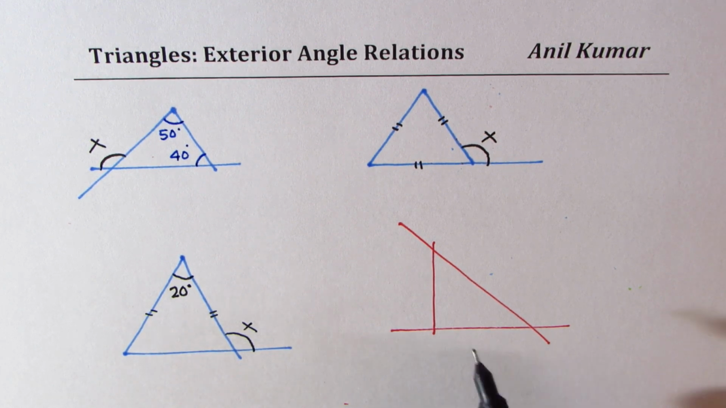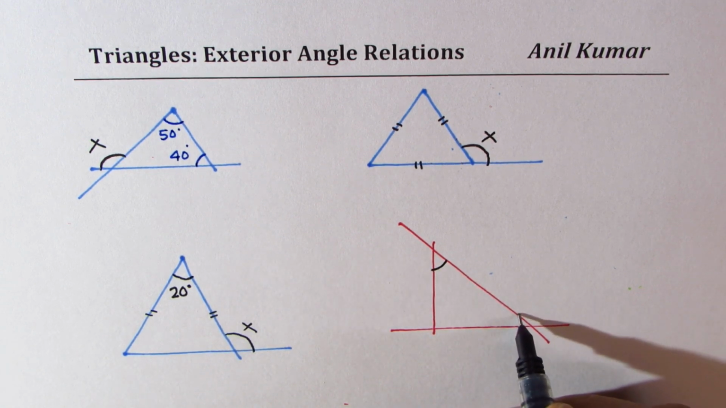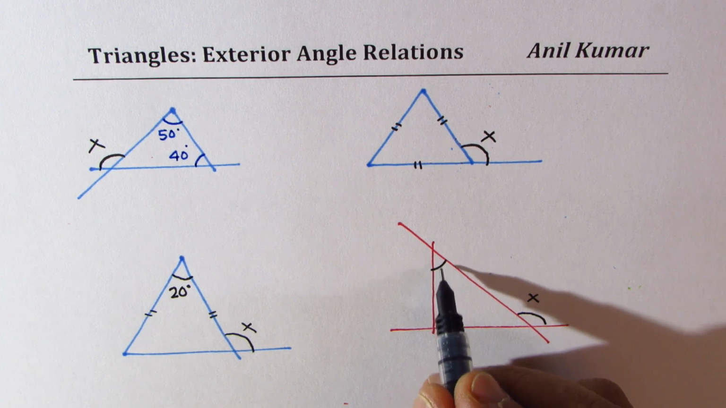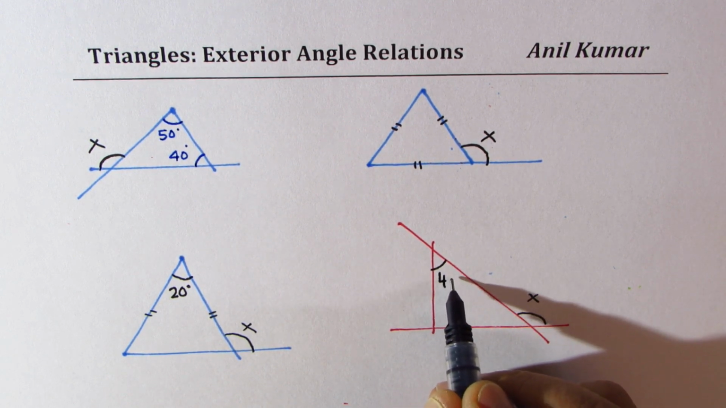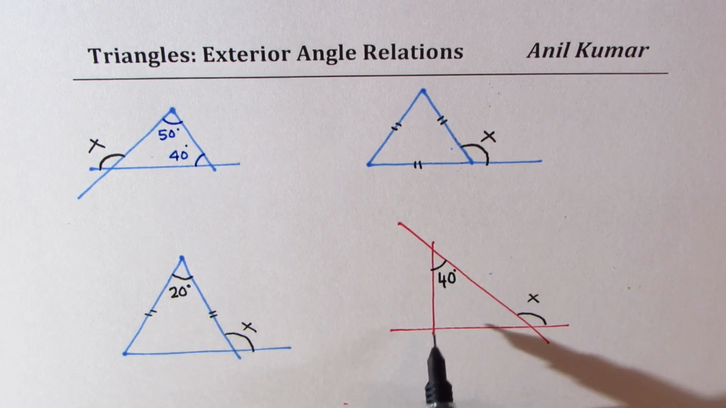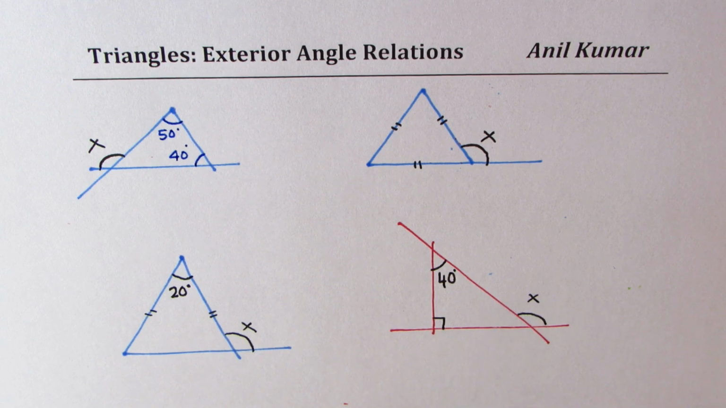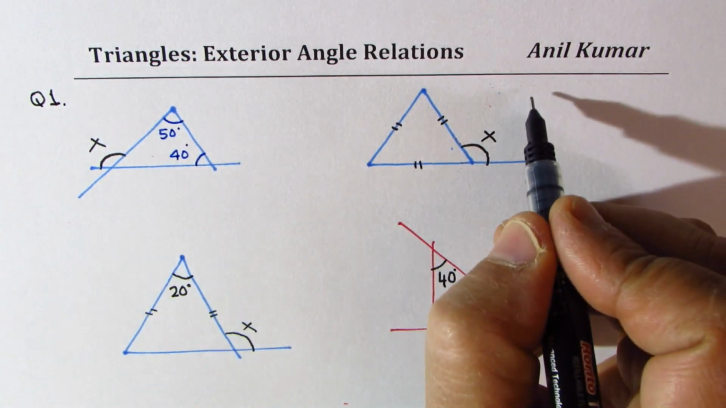And in this particular case, we are given an exterior. We need to find the exterior angle x. And let's say we are given this triangle angle as, let's say, 40 degrees. This is the right triangle. You need to find what is the exterior angle. So let this be our question number 1. Find x,